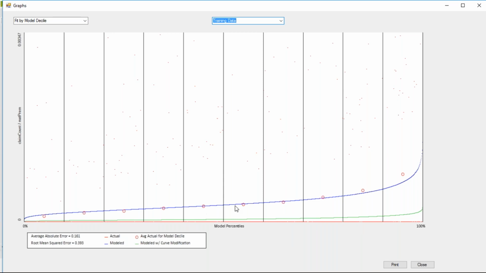And you can see our blue modeled factor relationship is fitting well to the averages within the different deciles across our different factors. But after applying curve modification, which is looking at the full data on the training data, it is considerably lower